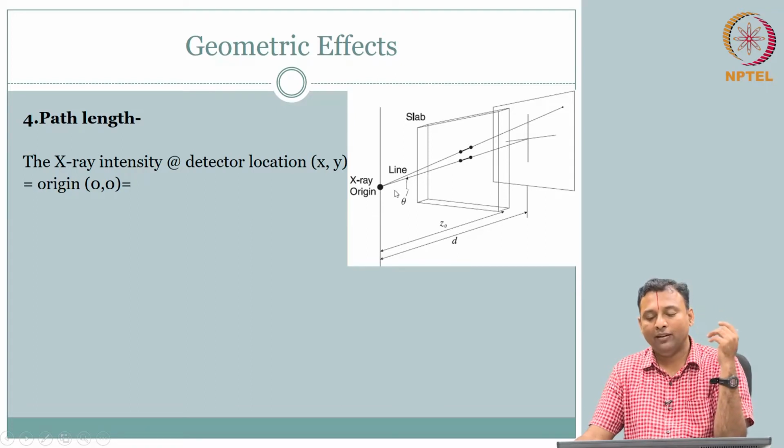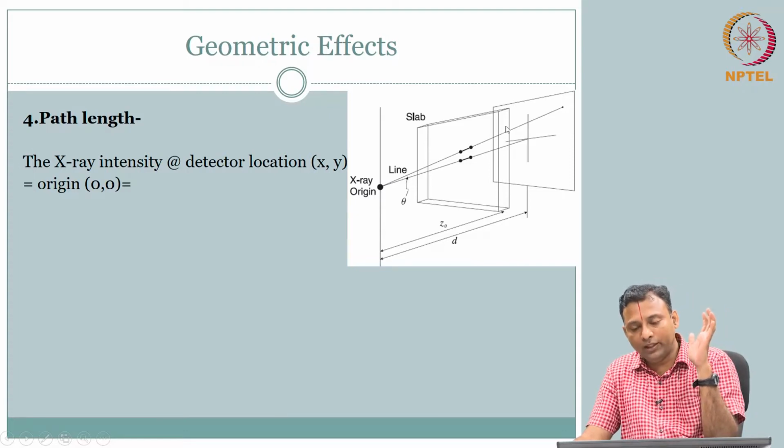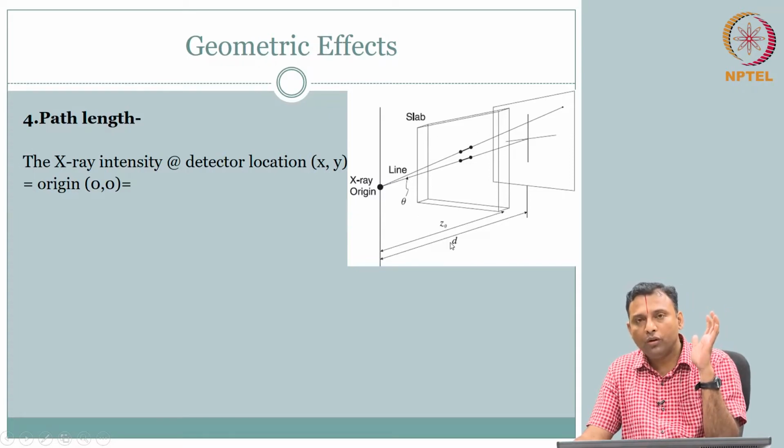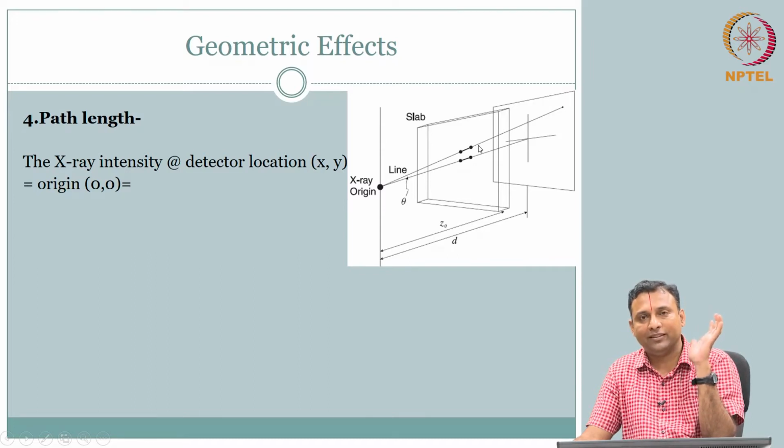So, now you are pretending that all of the photons hitting the object are uniformly illuminating one side of it. But what comes out on the other side is not determined only by the mu, because the slab is supposed to have the same mu in this example, and yet what you see on the detector is not going to be the same. Depending on the detector location, it will view photons that have come through a different path length and therefore different attenuation, correct. So, how do we incorporate that?